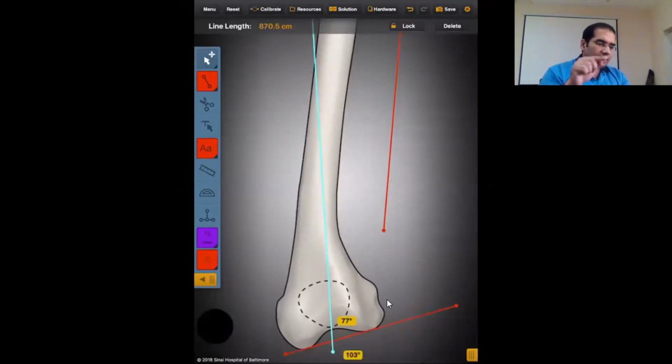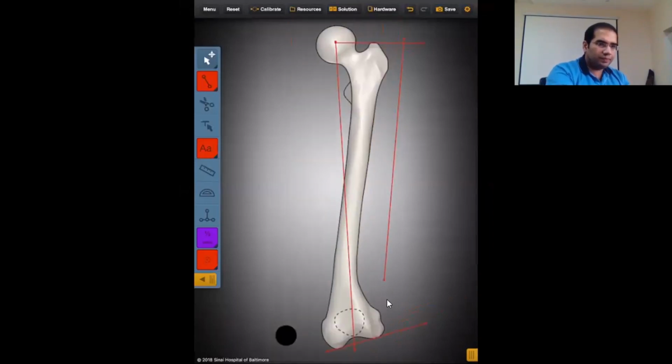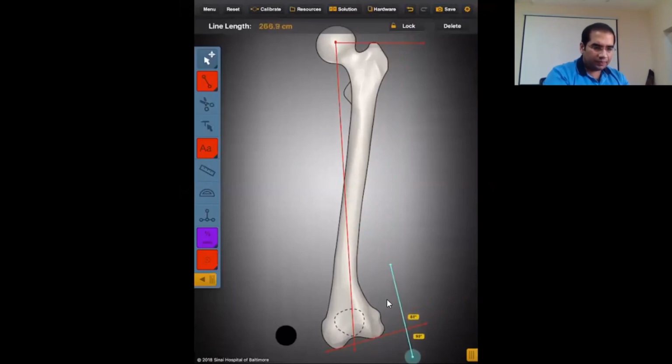So we can say there is a deformity. The maximum magnitude of the deformity is in the distal part of the femur, since the distal femoral angle is disturbed more. Now what we are going to do is draw a reference line. The distal reference line will be at 88 degrees, centered at the knee, and the proximal reference angle is going to be,